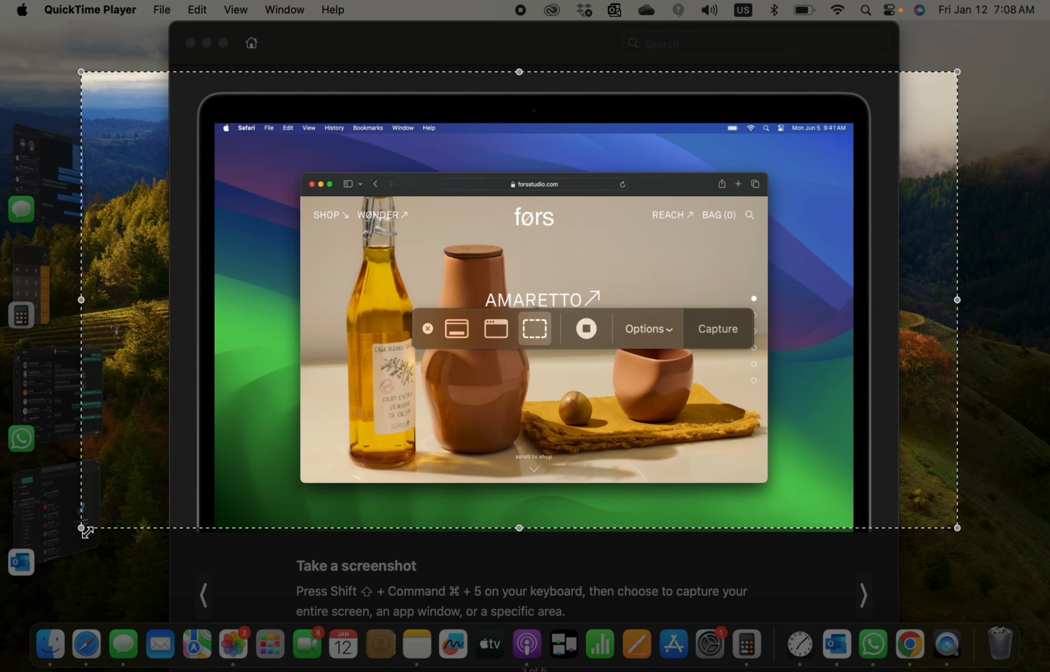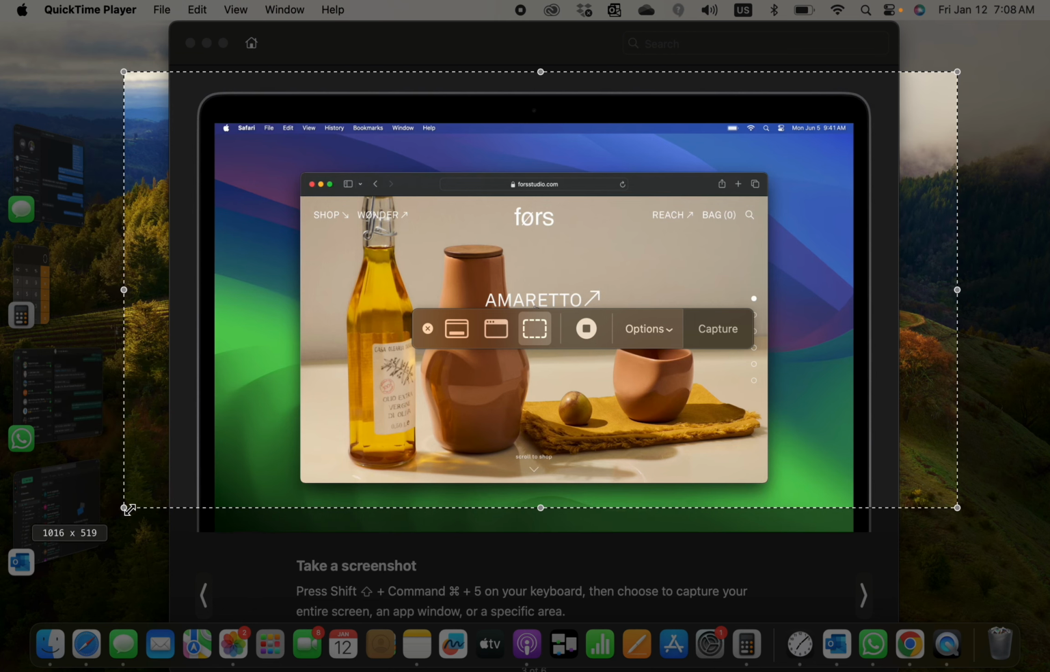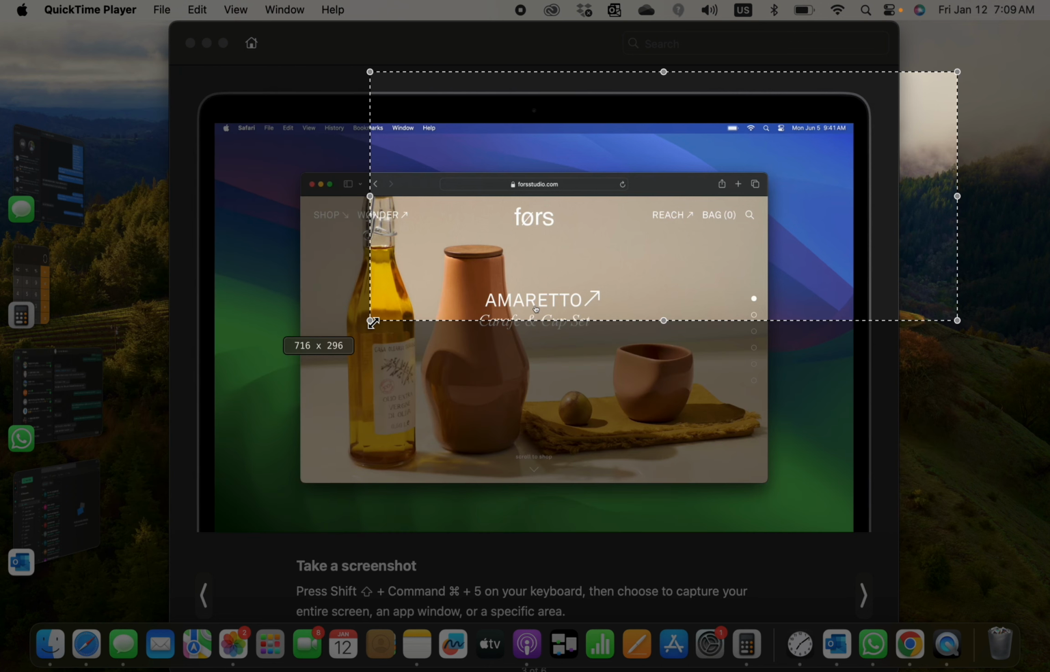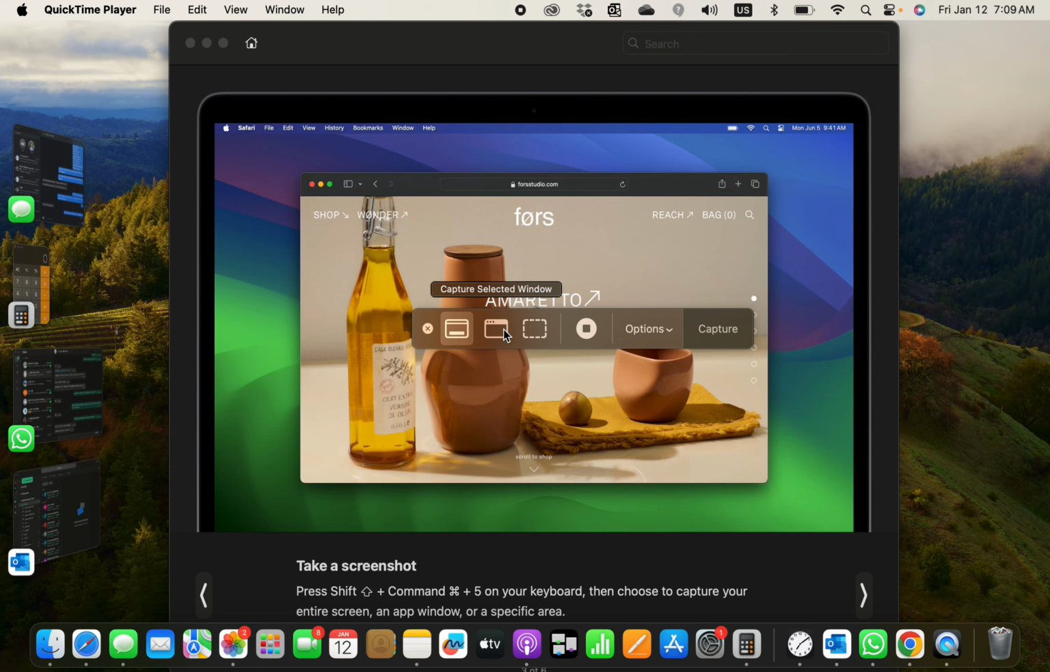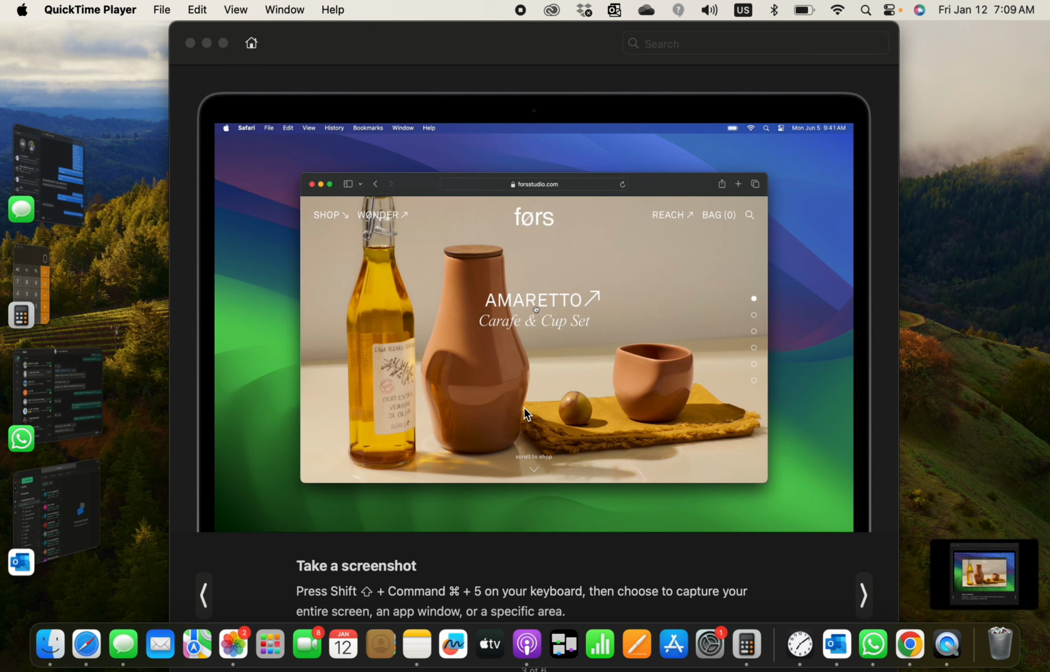So again, Command Shift 5 gets you here. You can choose a custom area to capture or to record. You can choose an entire screen. You can choose a selected window like that one. And you can start screen capturing, screen shotting, and screen recording, all with Command Shift 5. Kind of a cool